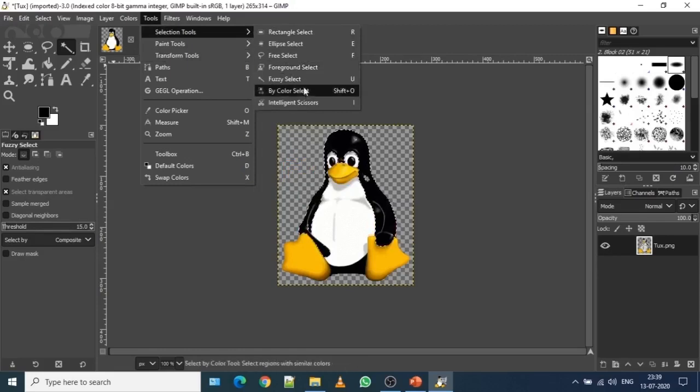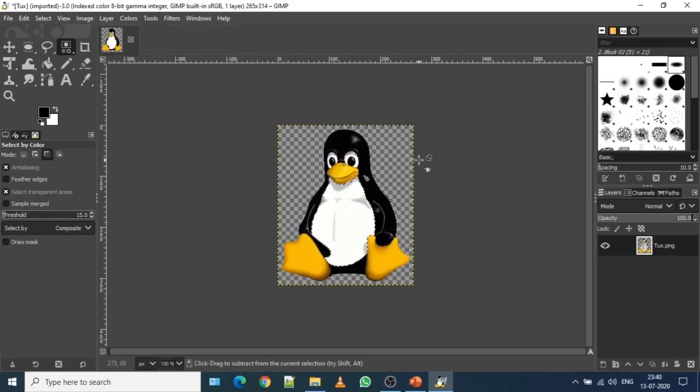Okay, so according to your book and the latest software, it might be possible that you might have some little bit of change. So in your book it is showing color tool. However, in this particular environment of Windows, in GIMP 2.10.20, there's a different name given for this particular tool. It says select by color. So what it does, it selects the region with similar color.